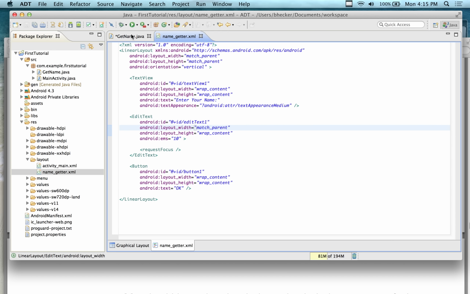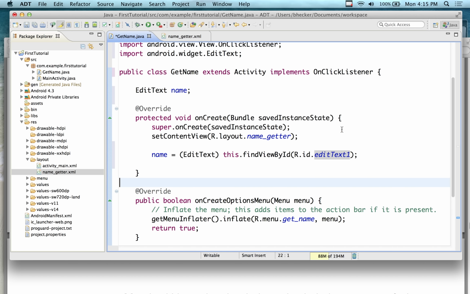My edit text, where the user typed in their name, it was called edit text. So I'm going to take and find the view by the ID. Okay, so we have the view, which is the window, and we have all the subviews inside of the window. And the subviews are the text fields and the input boxes and the buttons. They're all view items. They all fall in the same category. Those are the model view controller. They're all view categories. So take the view, find the item that's called edit text 1, which we did, have